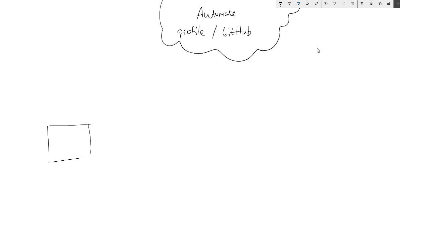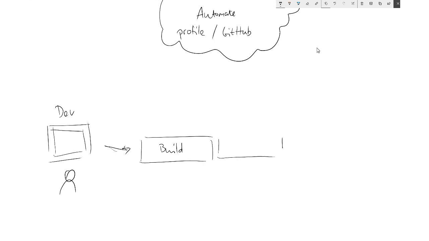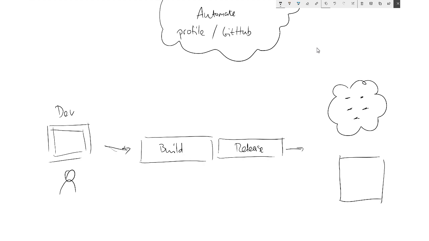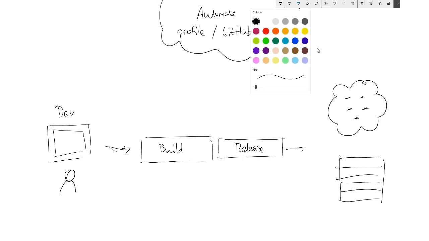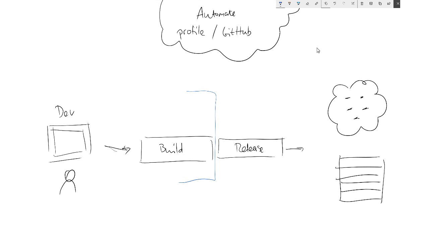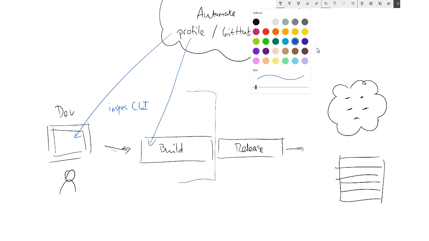Now, think about the stages I showed you. We have a dev stage with our developer, which goes through to build and release. Which eventually goes through to our production systems, which could be in the cloud or could be on-premise. Doesn't really matter too much. So over this side, at the dev and build side of things, we're probably going to want to use the InSpec CLI to run our GDPR tests. And what that's going to do is pull the profile down from this central location and then report the results back,